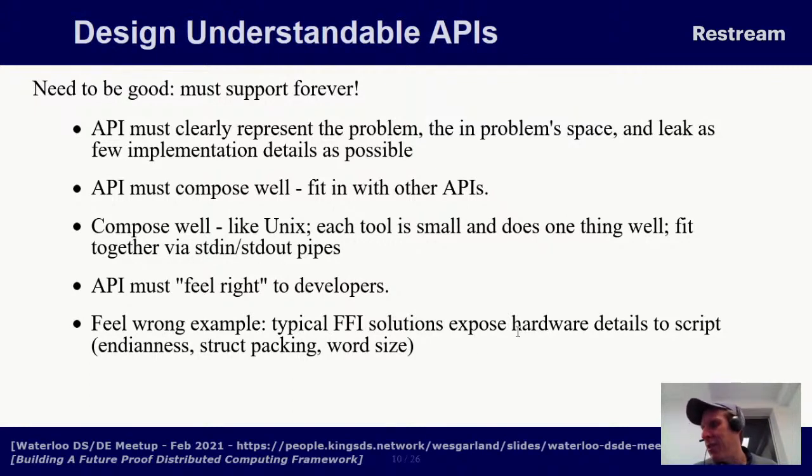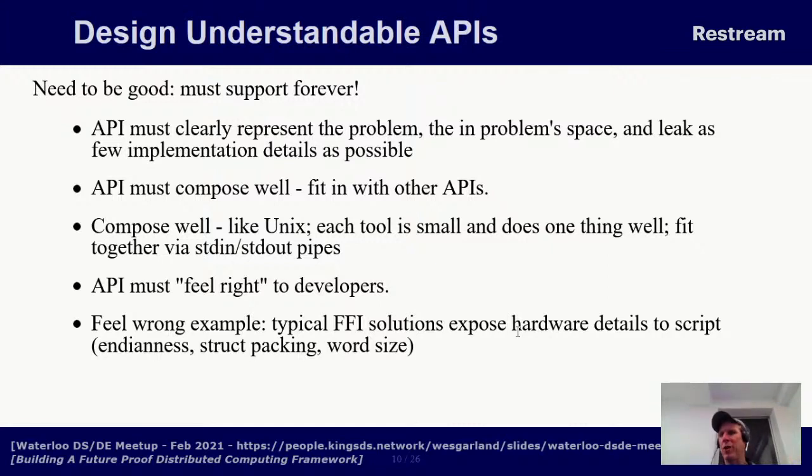Basically what this means is that developers should not need to worry about stuff that doesn't have anything to do with the problem that they're considering. For example, you should not need to worry about how to manage 1,000 remote instances of some platform if all you want to do is integrate a function. Similarly, APIs need to compose well, and this helps us actually build a framework over time so stuff fits